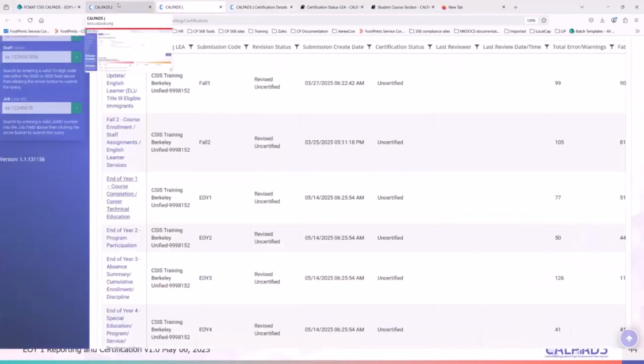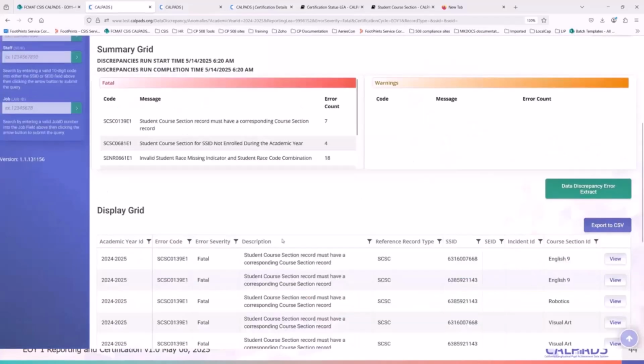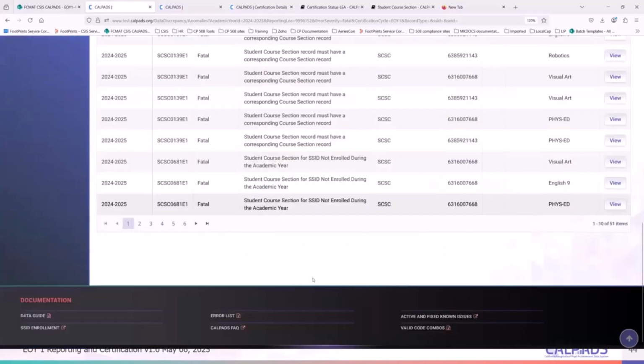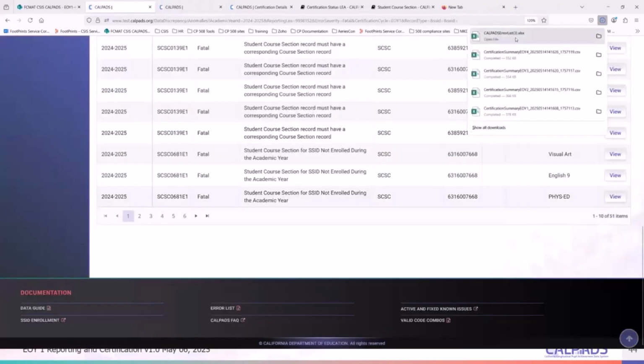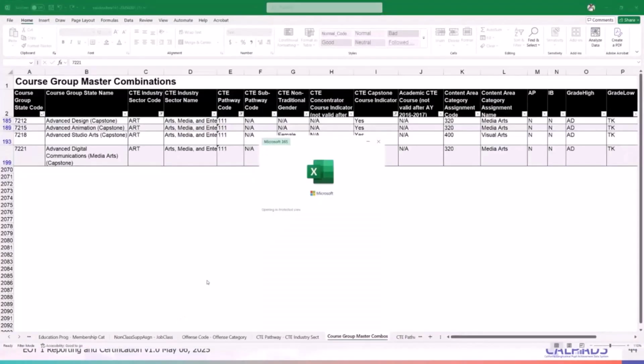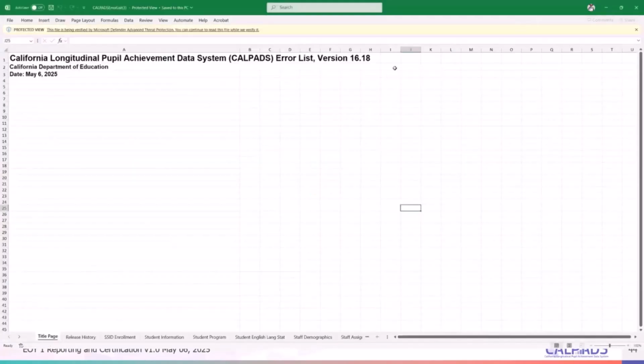So let's delve into the errors. Let's just do SCSC 139E1. As I mentioned earlier, you can download the error list from the bottom of CalPads, and if you're more comfortable looking at the error list when resolving errors, then you could download this. We currently are in 16.8.